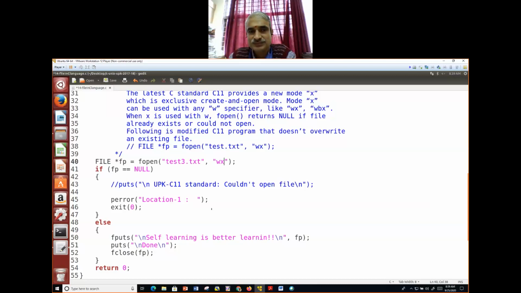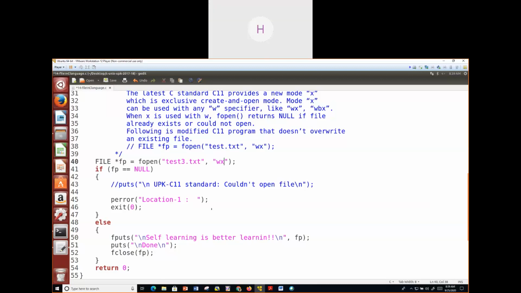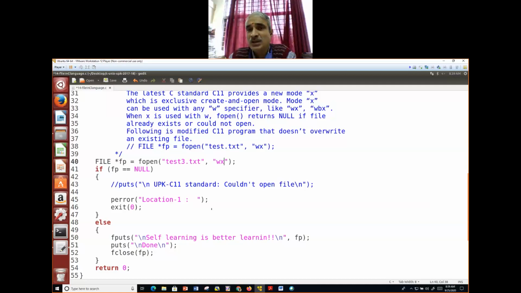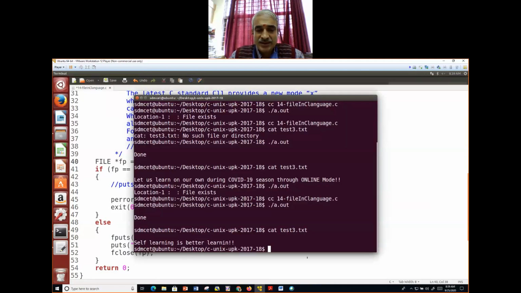Sir, if we want to add contents, can we open an existing file? Yes, you can open it. You have to open it in append mode. Now look into that. That's what I said. What all can you do? I am just giving a hand holding; you have to explore what all you can do.